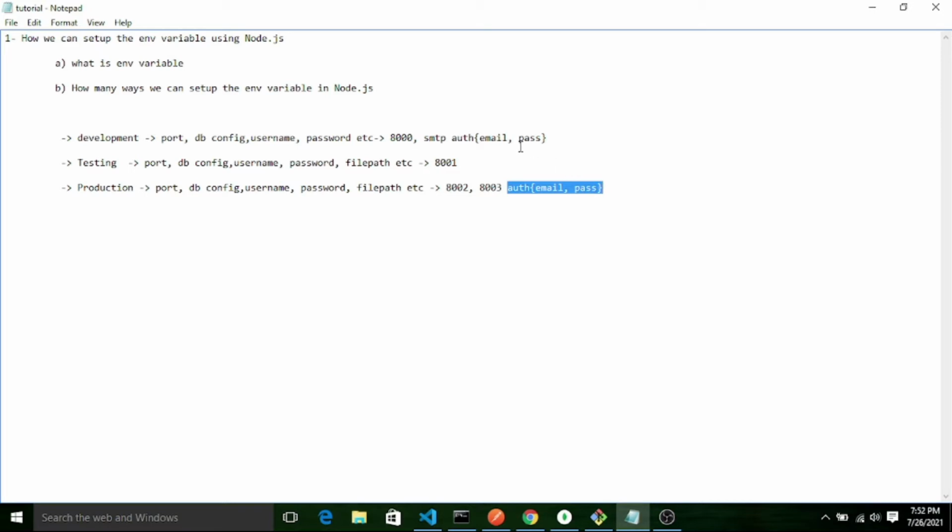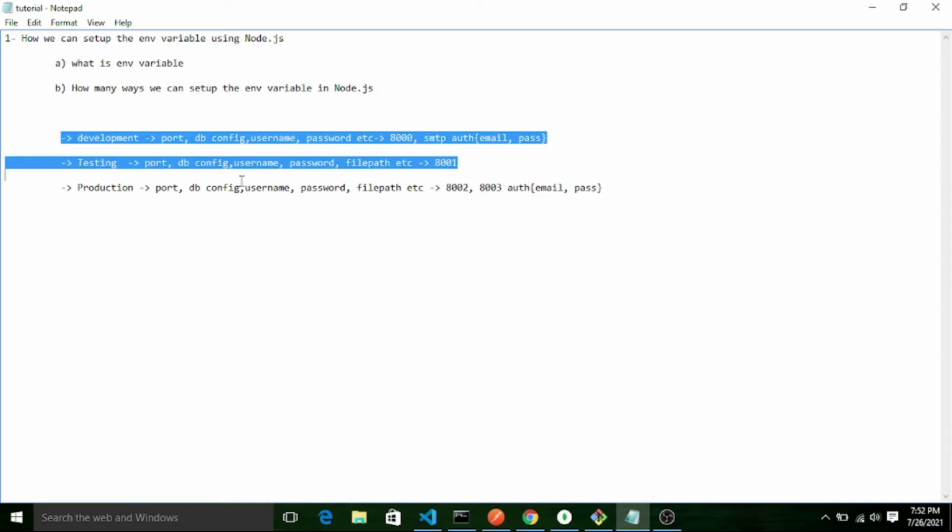So if we hard code all these values inside our code, each time we require a change, we have to open the code base and change it. Instead of doing that, we can just declare the environment variables. We have to set up there only, without changing anything inside the code or opening the code base, so automatically the code will fetch it. So now I hope you got the basic idea why environment variables are required.